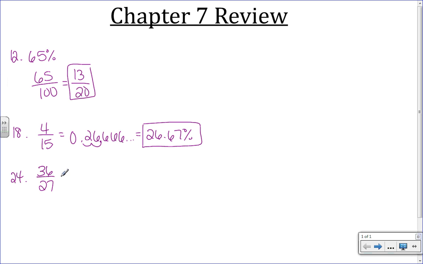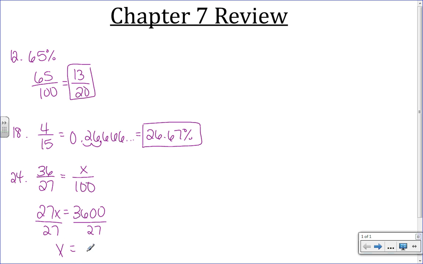For this one, because we did the last one by dividing and moving the decimal over, we'll go ahead and do this with a proportion. So 36 over 27 equals x over 100. And we cross multiply, and we get 27x equals 3600. And then divide by 27,